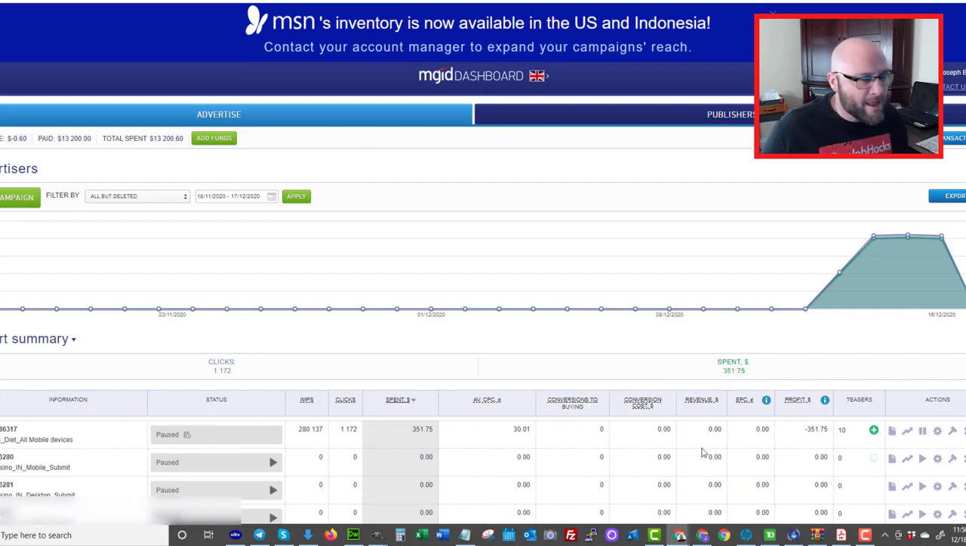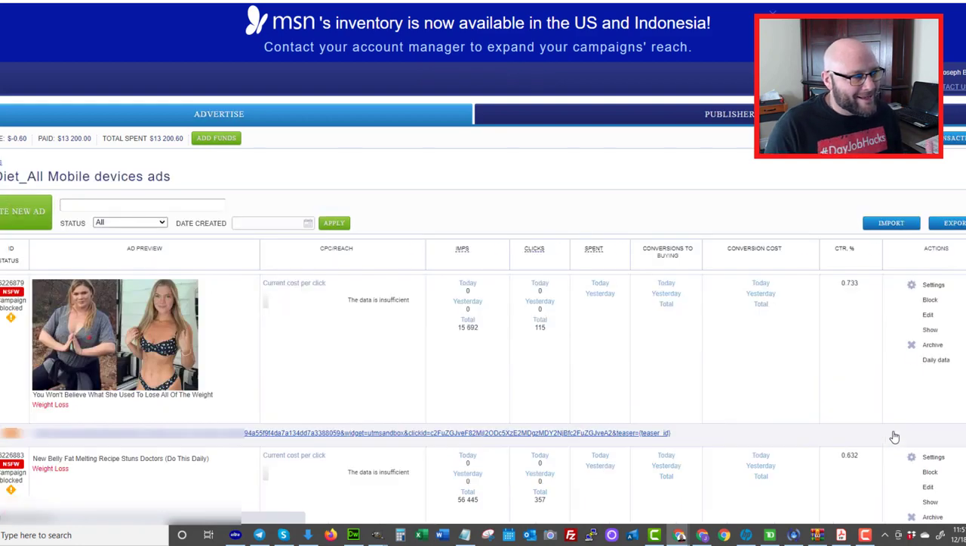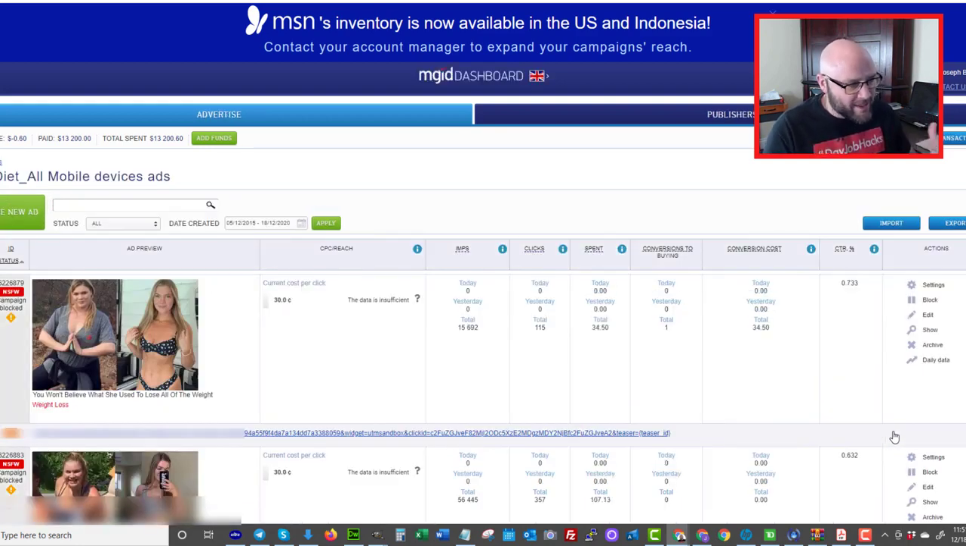So as you can see here, the beauty about running native ads for diet, I'm going to show you my ads though, is that you can pretty much run anything and be really aggressive in your ads. Okay, so here's an example of an ad, and this is the one that converted. You won't believe what she used to lose all of the weight. Okay, so basically you can't do this stuff on Facebook or Google. You can't show before and after pictures. Okay, so these are the things you can do on native ads that you can't typically do on other ad platforms. This is why people go to native ad platforms for the most part,